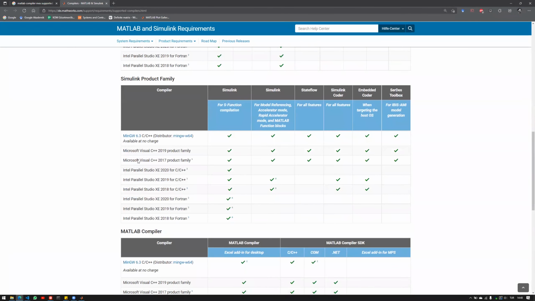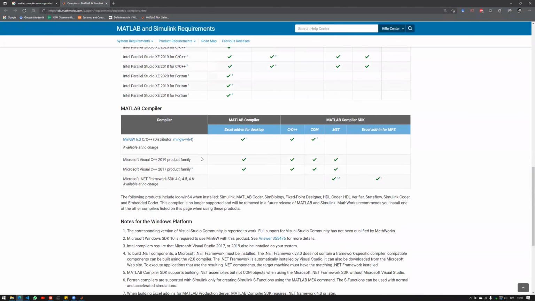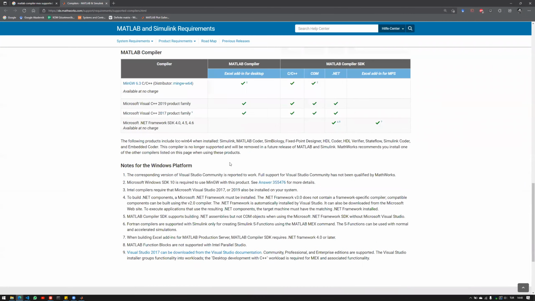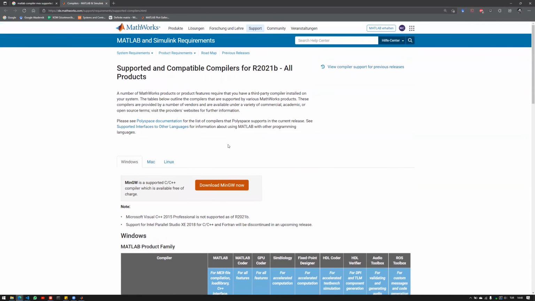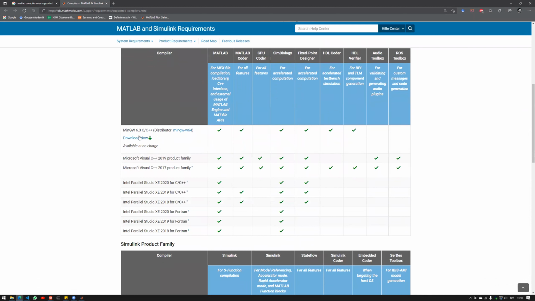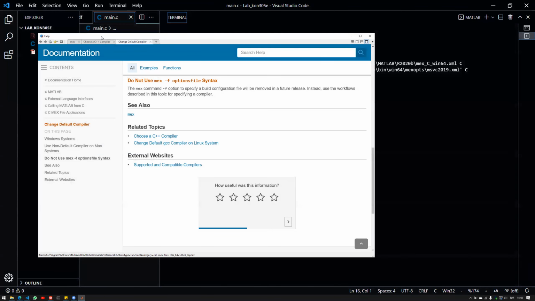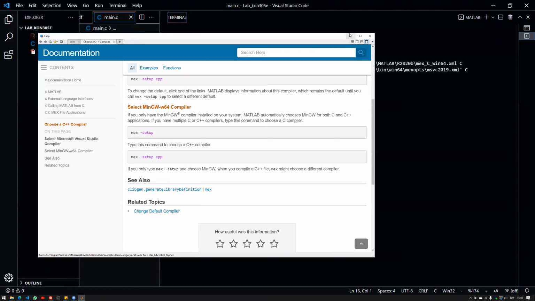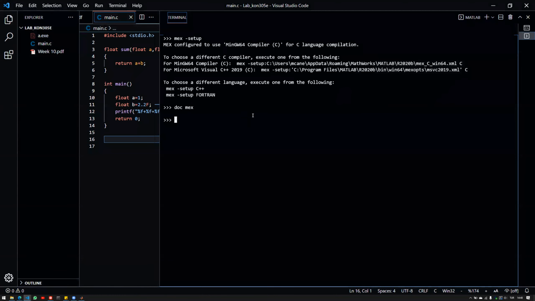And if you have Visual Studio installed and then you run mex -setup, as far as I remember, it'll try to find your installation or your compiler. So yeah, there's an extra step that you should go through. And most of the time, MinGW64 works here. So you can just directly download it from the MathWorks site. It will install it and then you will be good to go. Now, let's skip this compiler part. Once you've done that,